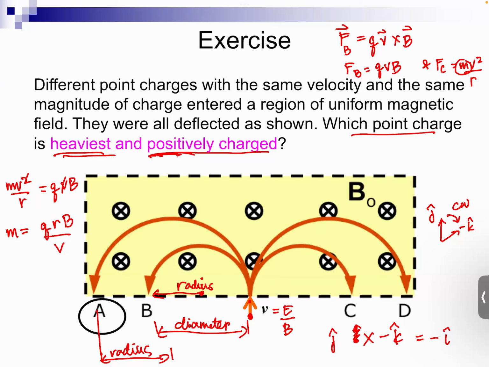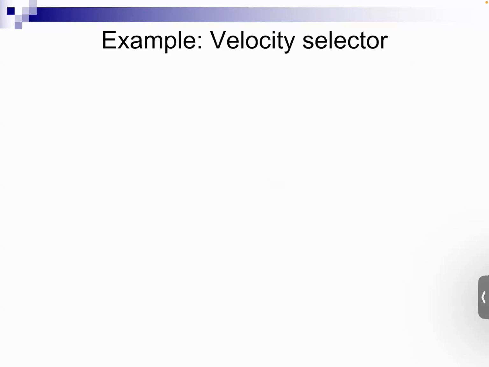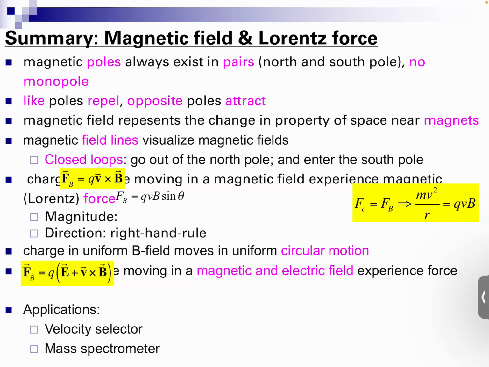Good. Any question about the concepts we've learned or this exercise, particularly the mass spectrometer and velocity selector? Okay. Right, we will look at a numerical example of the velocity selector and the mass spectrometer in the beginning of the next lecture. So if you don't have any question, I'll end the lecture here and I'll see you in the next lecture tomorrow, where we will still talk about magnetic